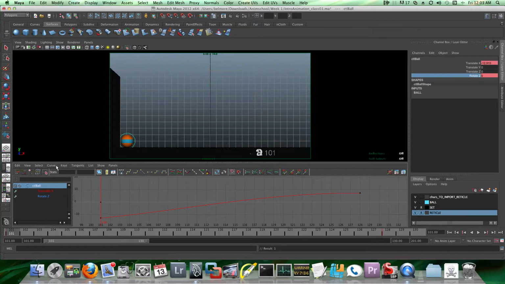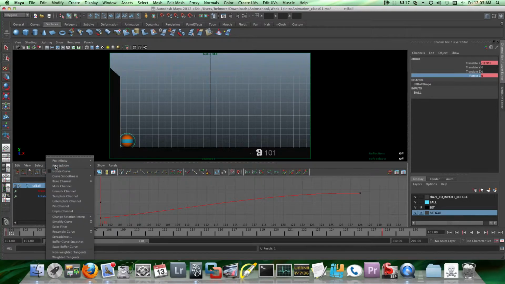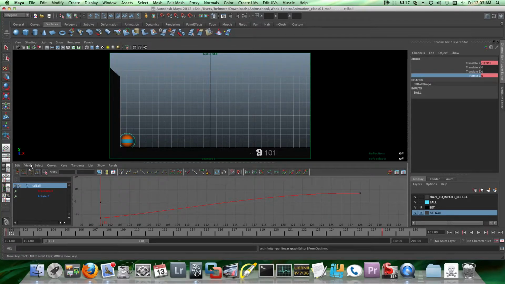I want to do is go to curves, say post infinity linear, and then go to view infinity. And what this does is this is going to extend this curve based on the last 2 points on it or whatever, and stretch it out into infinity. So now what I'm going to do is set a key for the next frame and kind of guesstimate each frame